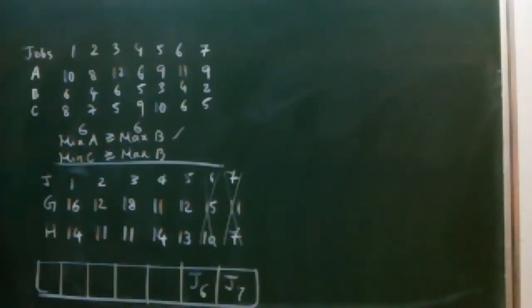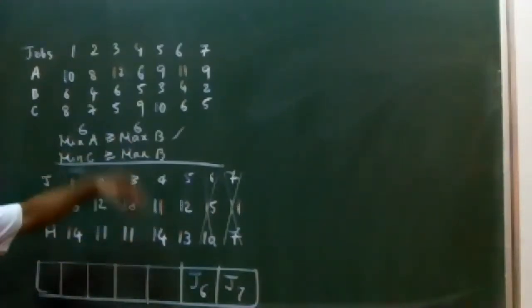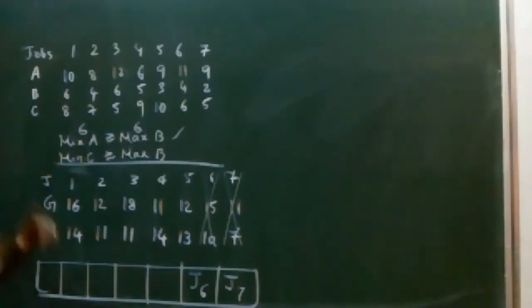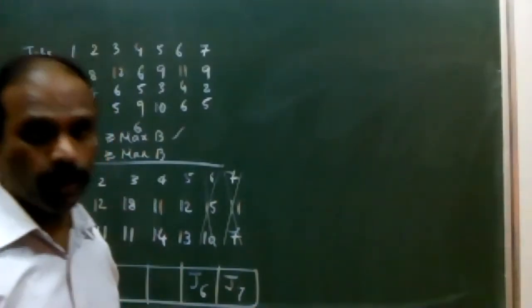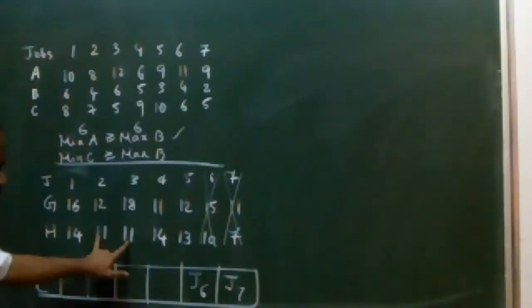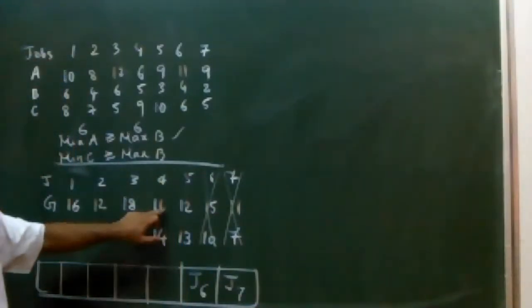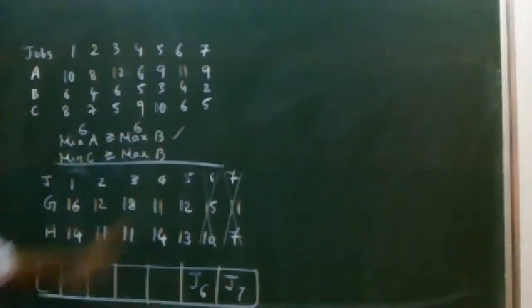11, sir. But for 11, you can see that there are three values: two 11s on the same machine and one 11 on the other machine. I've told you very clearly, if the lowest processing time happens to be on the same machine, only for those values you have to compare the corresponding value. If they are on different machines, then no need to worry. We will come back to this later. First, we will take up this value because it is on another machine. Which is this value? Machine G, job number 4. I can take it directly. So this becomes job number 4.